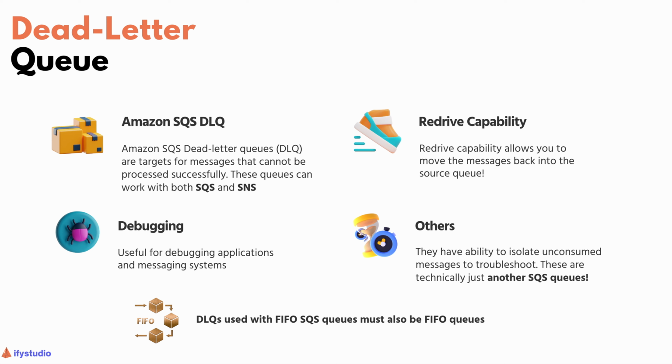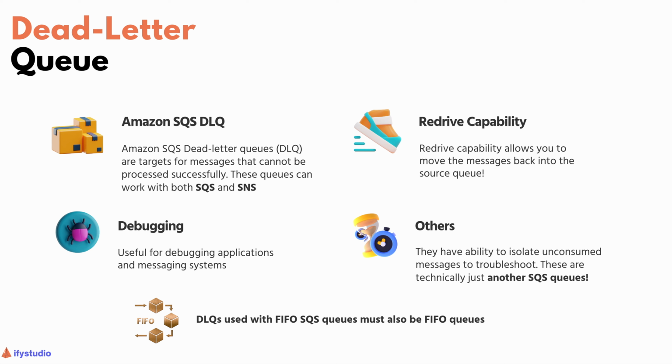Thirdly, it allows you to isolate the unconsumed messages and then troubleshoot them on your own time. Another neat feature that's also critical for real world applications is that you can redrive your messages. This means that you can enable the redrive capability and it allows you to move that particular message back to the